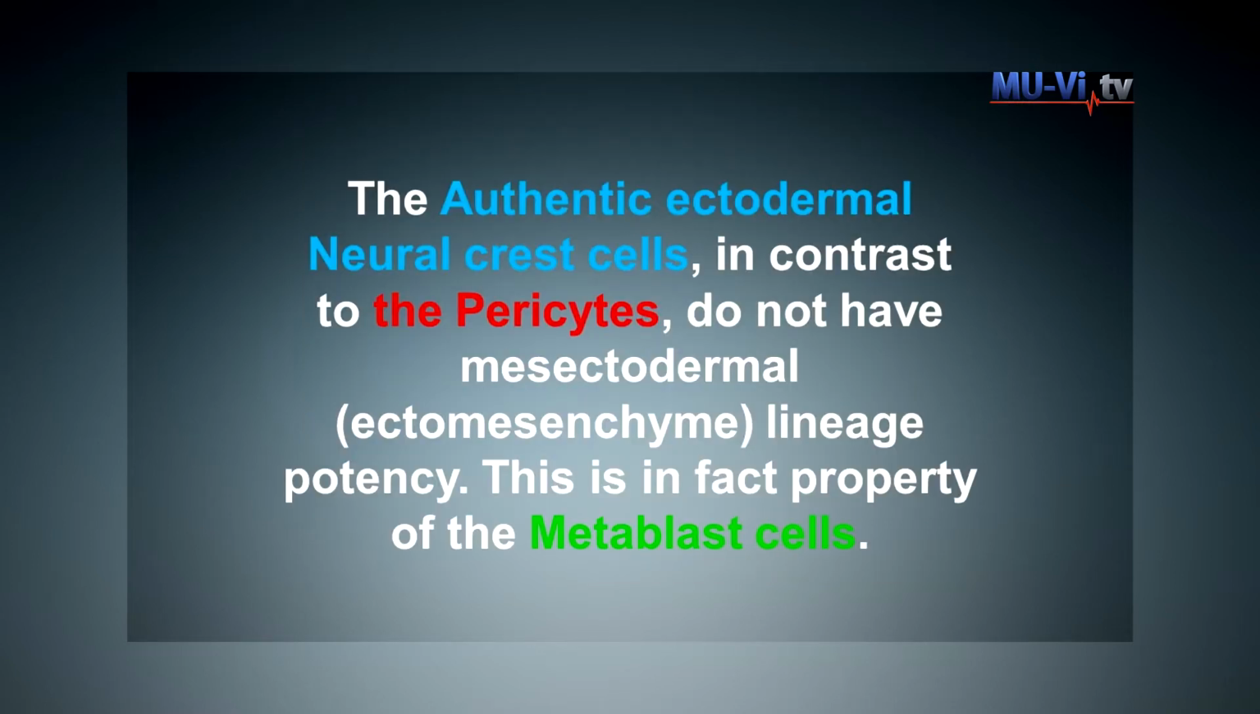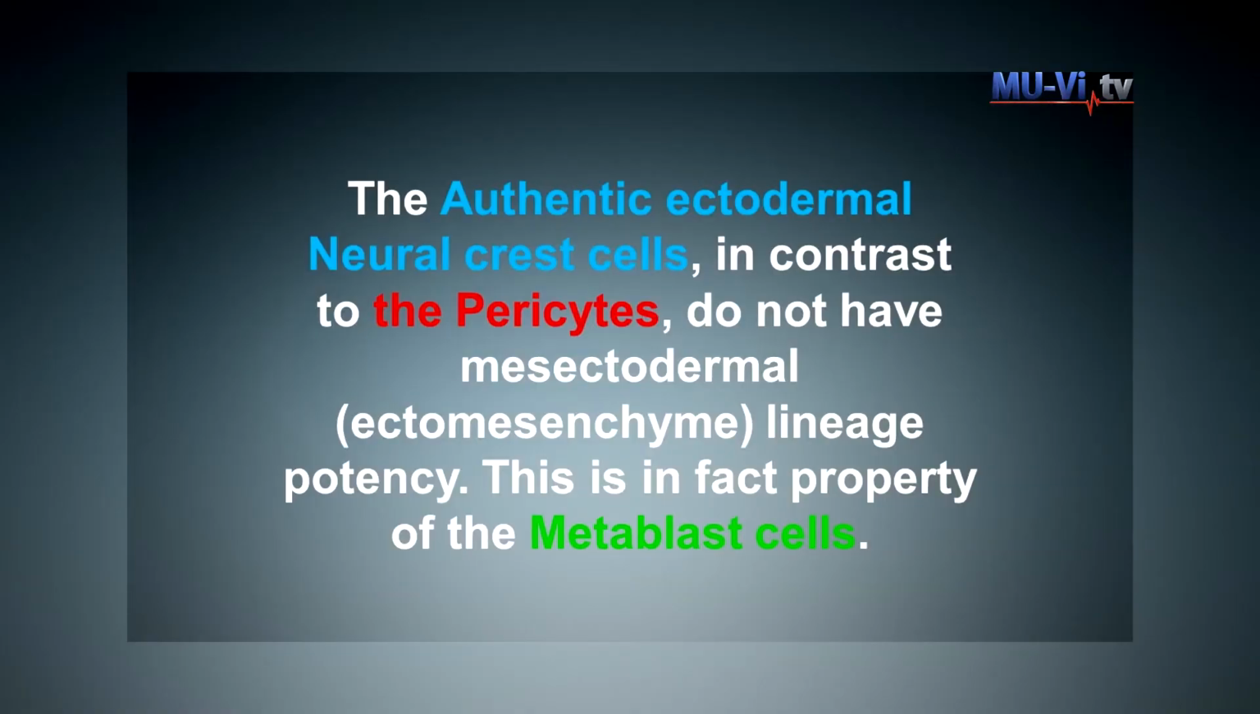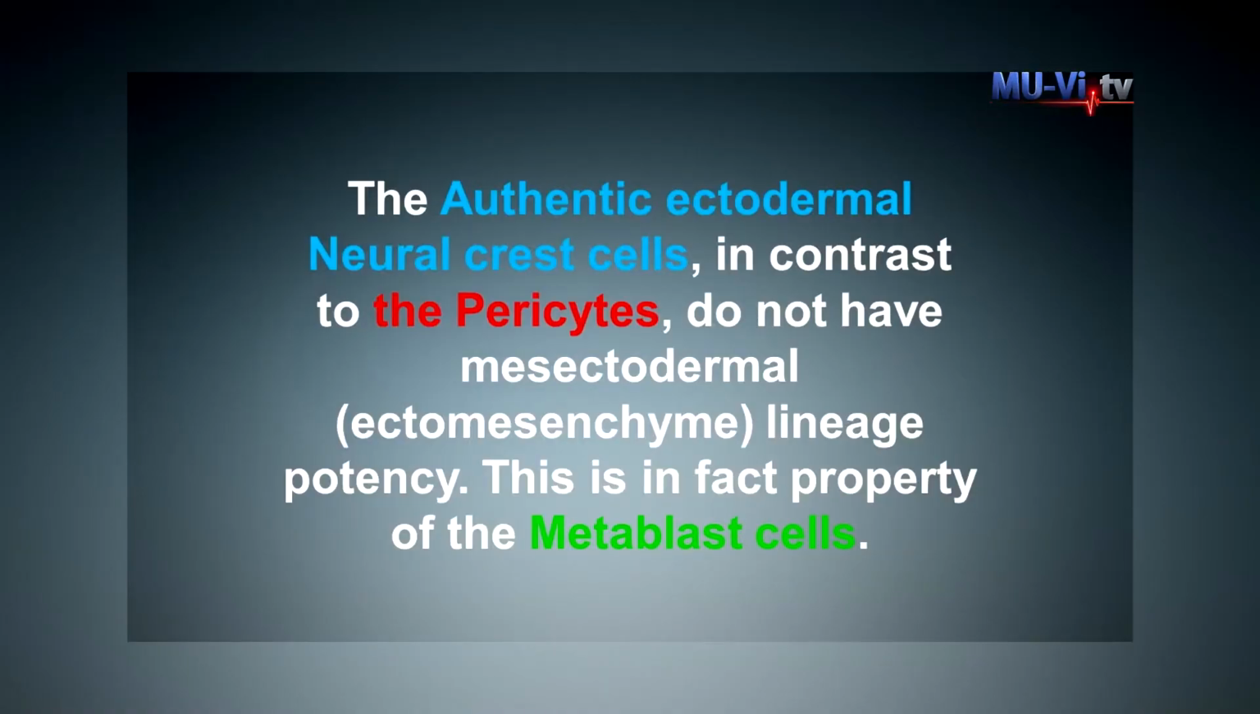These results show that the authentic ectodermal neural crest cells, in contrast to the pericytes, are not able to produce ectomesenchymal or mesenchymal structures. This is in fact the property of the metablast cells. Also, this is a very, very important result which shows that the imagination at the moment is not this which was shown in the